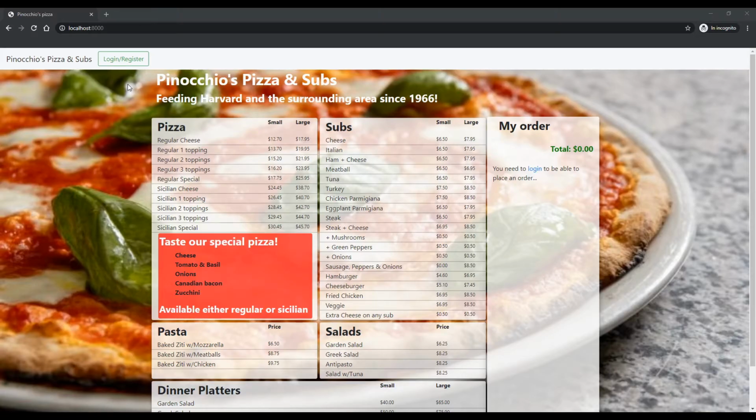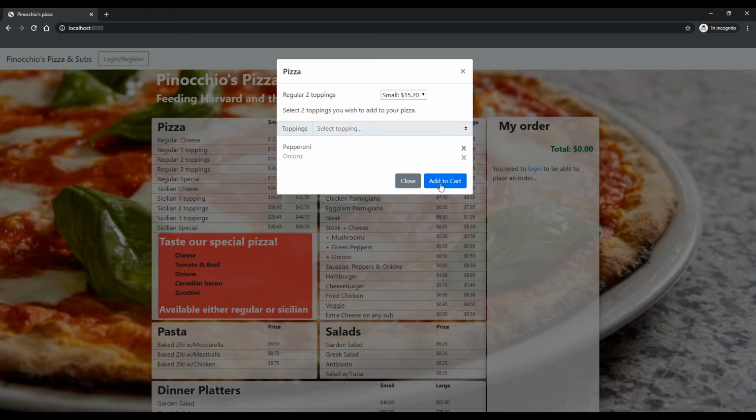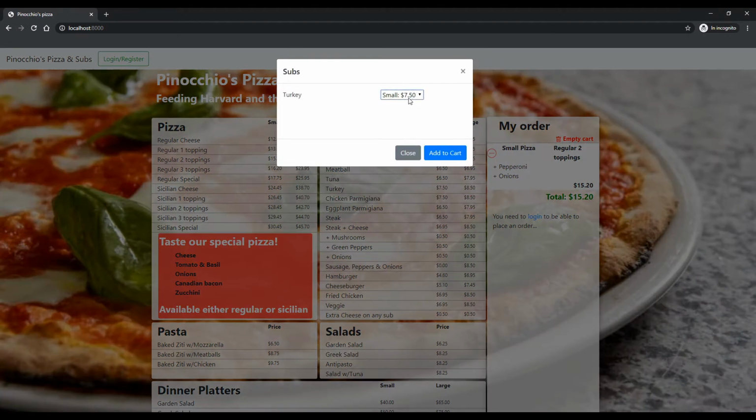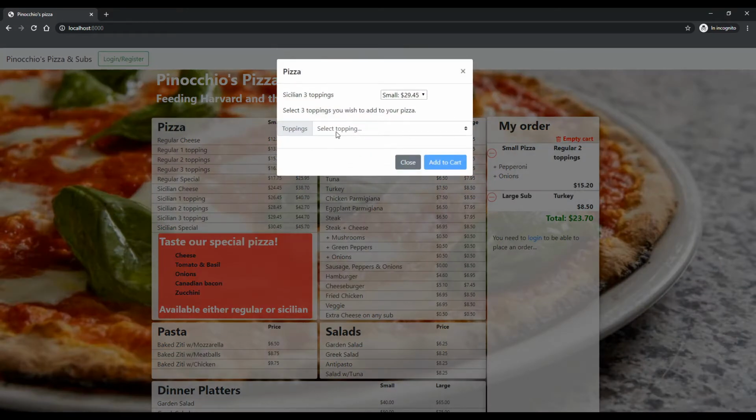So this is the home page of the site, and here you can see the whole menu, and you can also add items to the shopping cart. So for example, let's add a regular two toppings pizza with pepperoni and onions. Let's add a turkey. Let's do it large. For example, a Sicilian three toppings pizza with again sausage, onions,